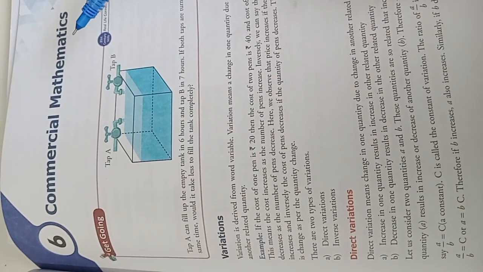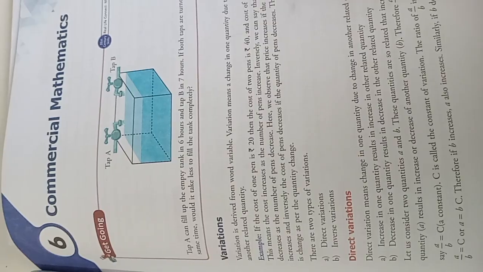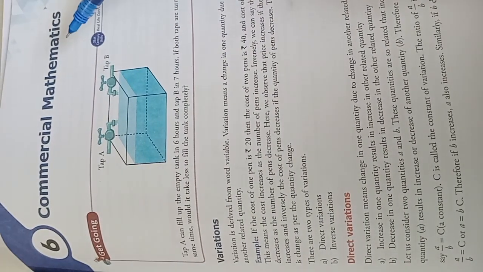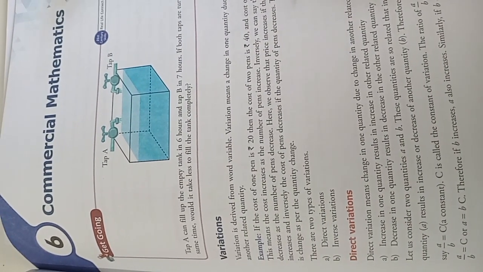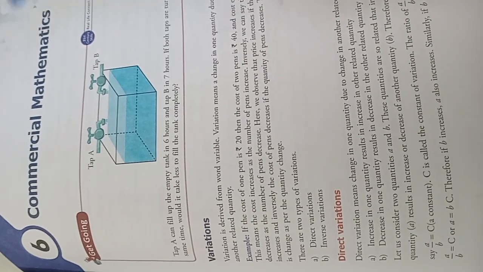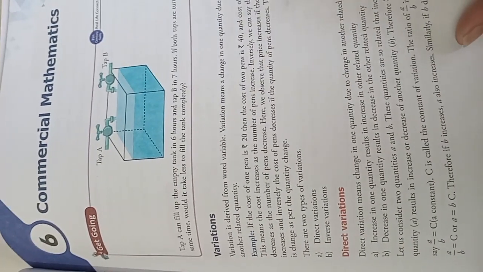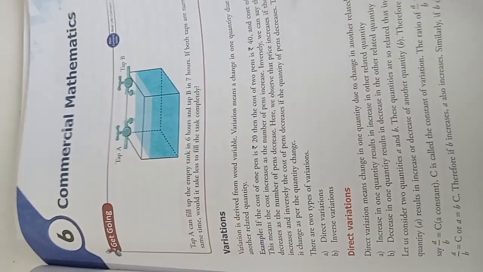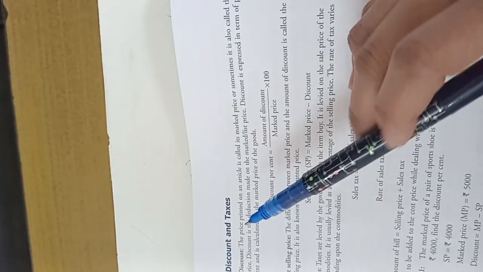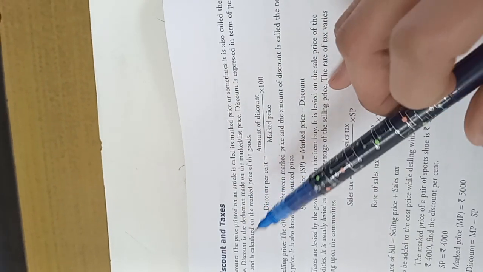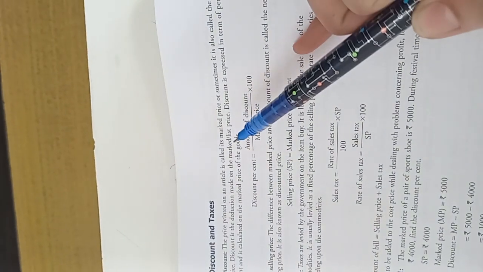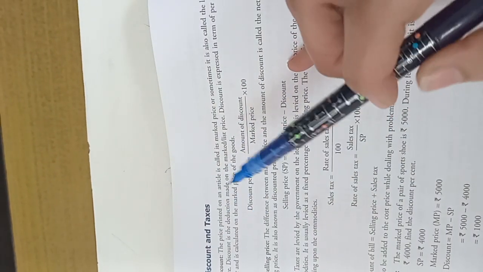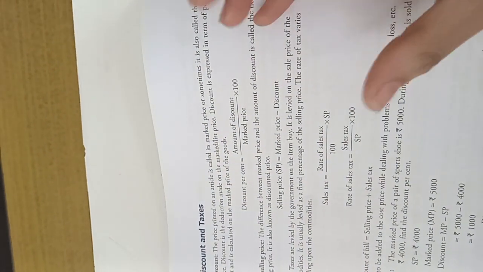So, good morning, students. Today we are going to revise chapter 6, Commercial Mathematics, exercise 4, that is on based, discount, and tax. Okay, so first come to page number 92 so that we could recall what is discount and what is tax. So, page number 92, what was the discount? It was the deducted amount which was made on the marked price. Yes, so the deducted amount on the marked price or the list price.